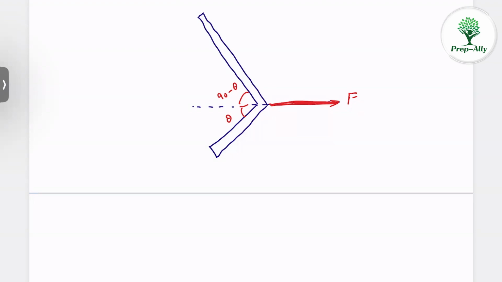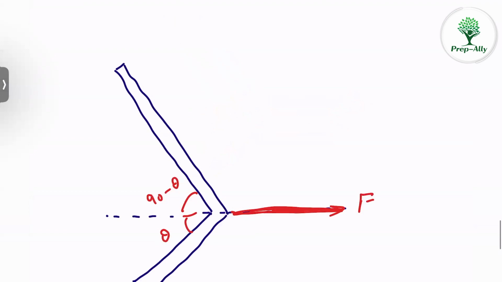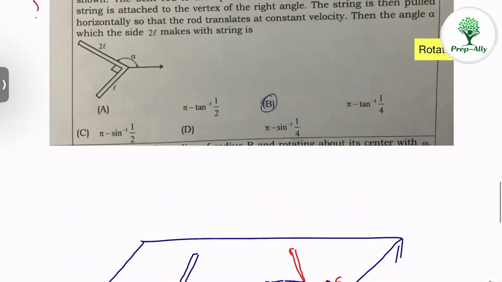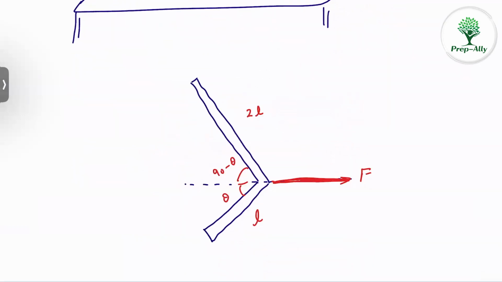So let us take a small element. By the way, this rod is of uniform linear mass density and the lengths are given as L and 2L. Let's say the linear mass density is lambda. So from this end, if we take at a distance of x, a thickness dx,